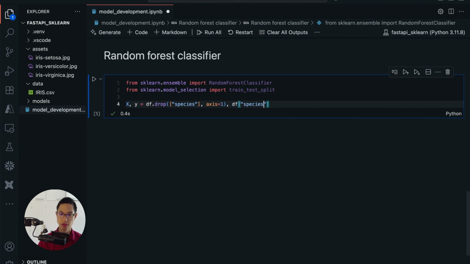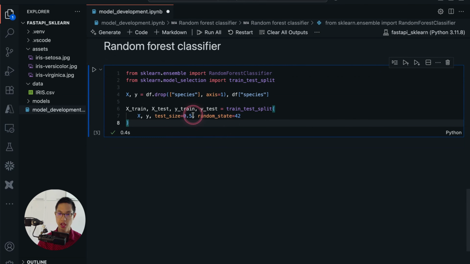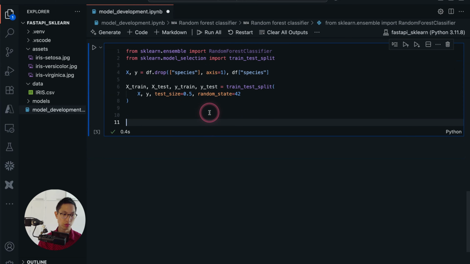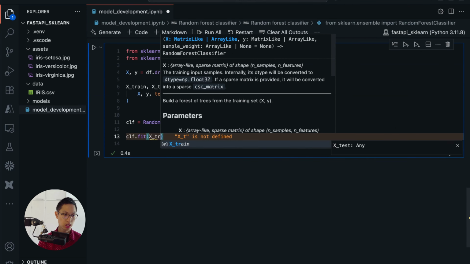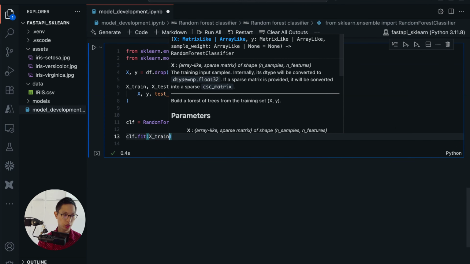Then I'll just copy this from the lecture note. We'll make it a little bit difficult. We'll have a test size of 0.5. And then we'll have the classifier here equals RandomForestClassifier. And then we'll have classifier.fit(X_train, y_train). And then we'll do y_pred equals